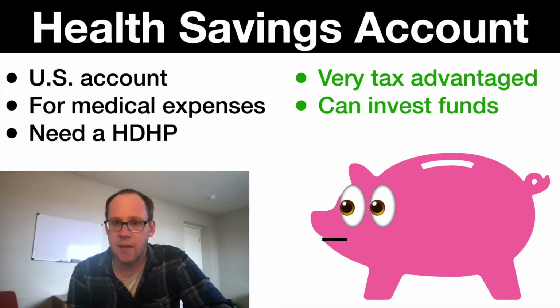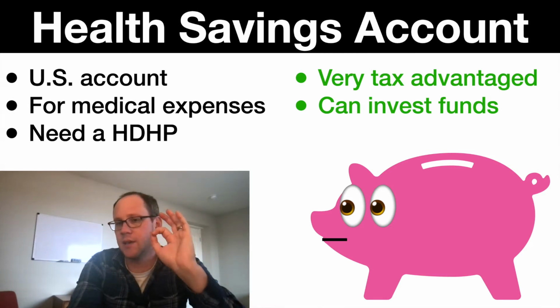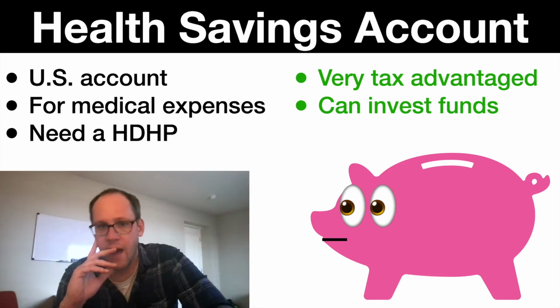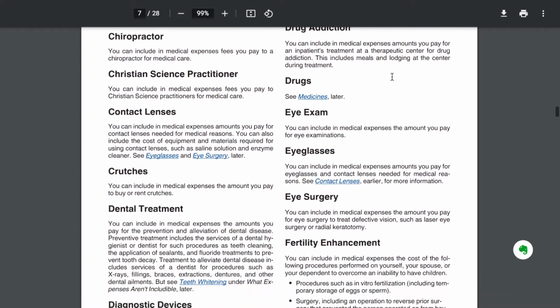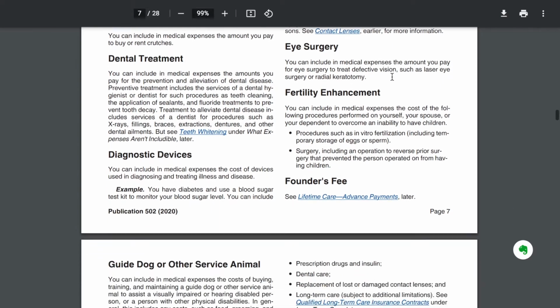So health savings accounts have certain attributes that we need to discuss real quick. First of all, this is a US-based account, a US phenomenon. It would be nice if we didn't even need a health savings account, didn't have to worry about saving a bunch of money for our medical and health-related expenses. But a health savings account is a US account. It's for medical expenses, and the IRS has a surprisingly large list of items that would qualify as medical expenses